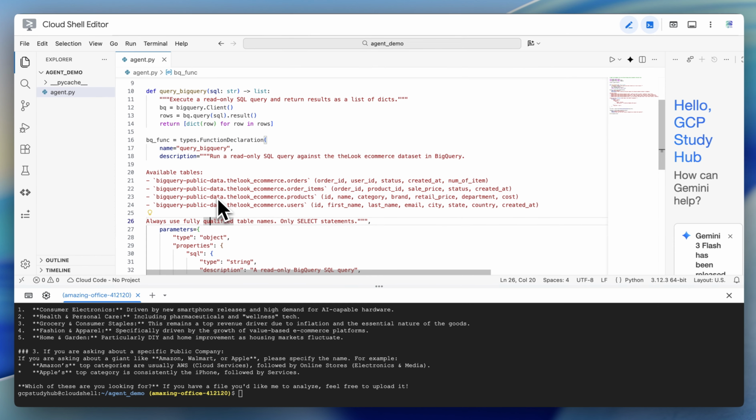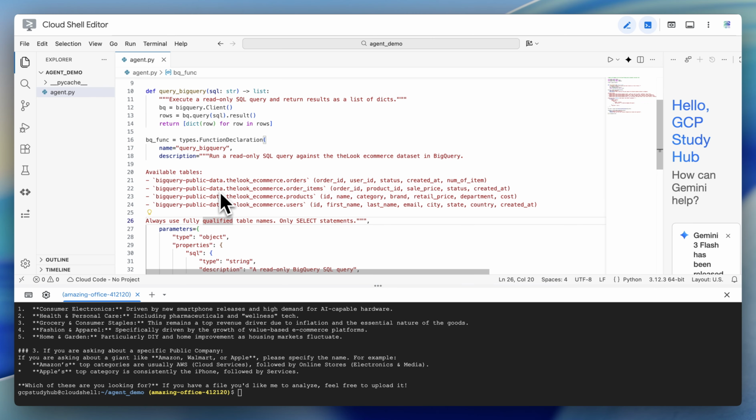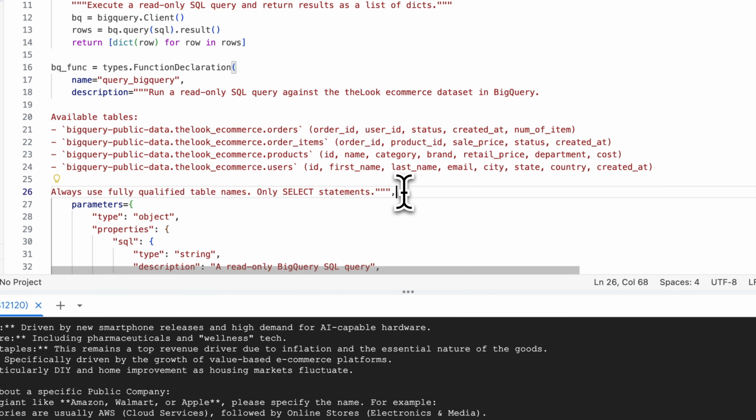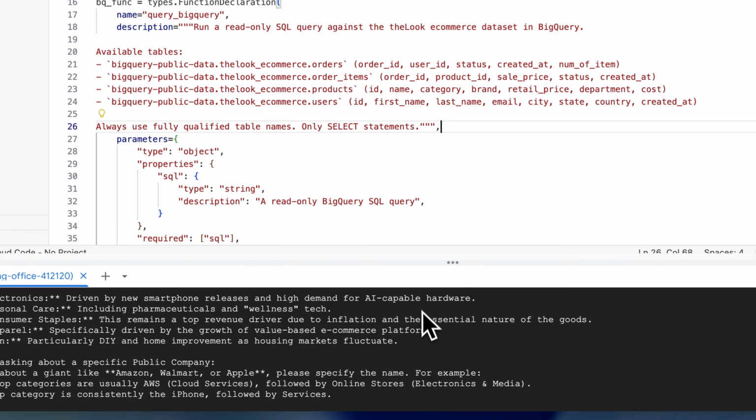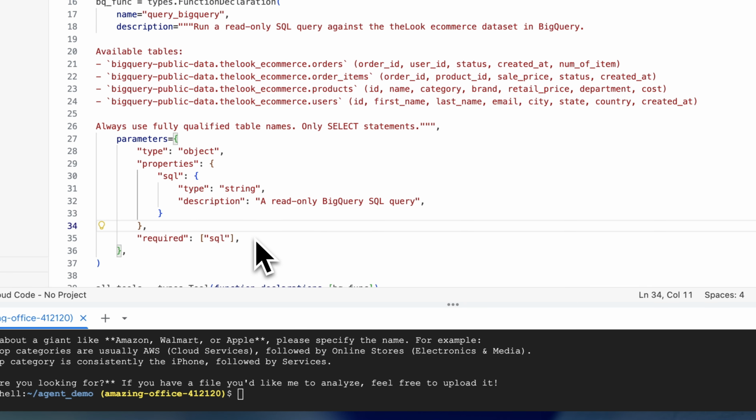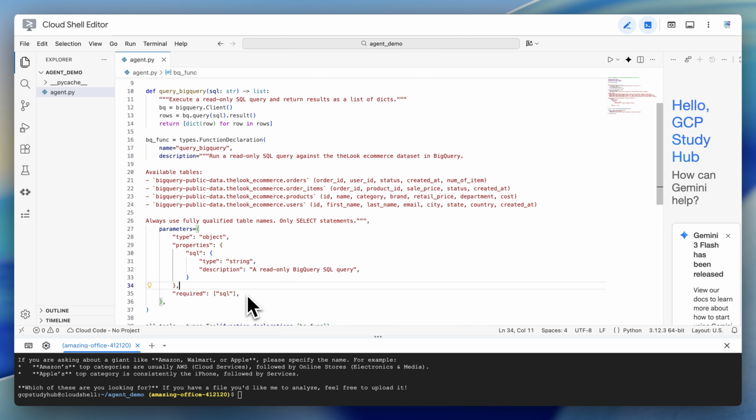This is very important. This tells the model what this tool does, and it lists every table and every column, I believe, that is available to query. This is the model's cheat sheet for writing SQL. It tells the model what is actually in the data. So as we're going to learn, this is super important. The better the description is, the better the SQL that the model will write. And you'll come to see that creating smart, helpful agents often comes down to what you